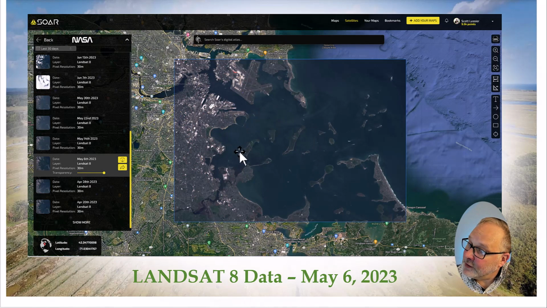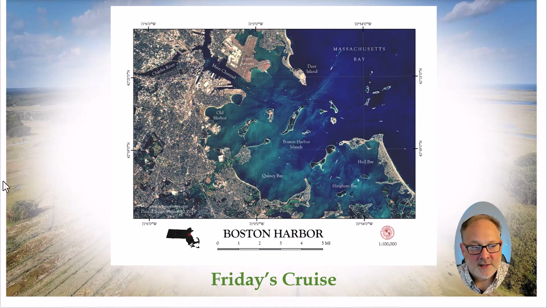This is higher resolution. I think it's 30 meters. Yeah, 30 meters. This is from May 6, 2023. But a beautiful image, right? And you could bring that into Photoshop and make the colors a little more contrasted so they stand out more. So here's another one I did. You can not just grab the images, but here's an example of a quick map I made. I put some labels in there and tweaked those colors. And this is the cruise we took on Friday. Take a look at the research station.